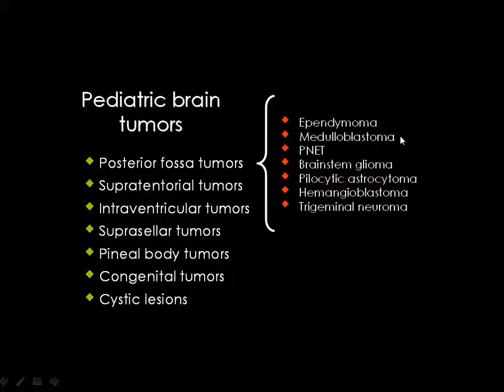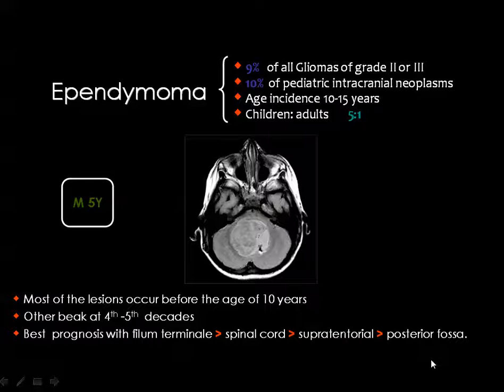the ependymoma, the medulloblastoma, the primitive neuroepithelial tumor, the brainstem glioma, the pilocytic astrocytoma, the hemangioblastoma, and the trigeminal neuroma. We did mention something about this, and we'll do it now. Starting with the ependymoma, and you have already seen so many cases, and this is one of